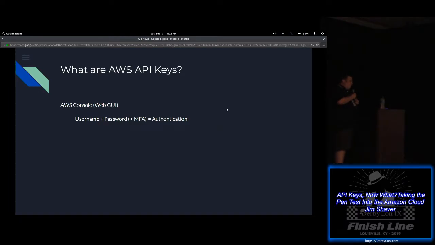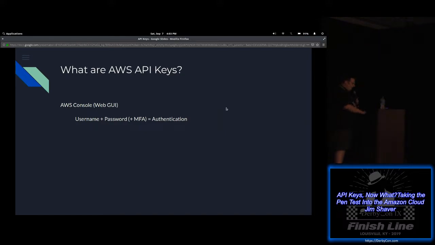Next, we're going to talk about what AWS API keys are. First we need to understand how authentication works within AWS. When you authenticate to the AWS console, which is basically the web UI for AWS, you're generally using a username and password, and you may be using MFA to log into the website.